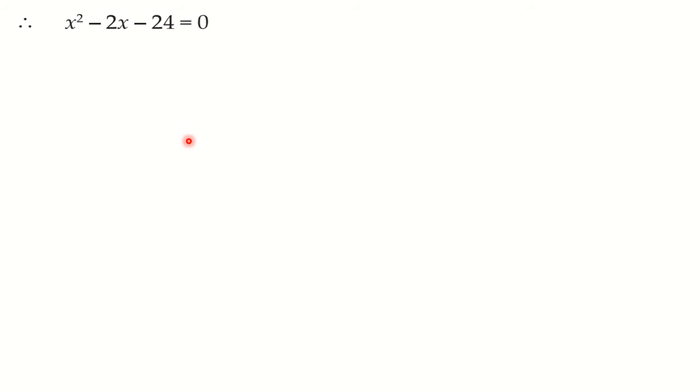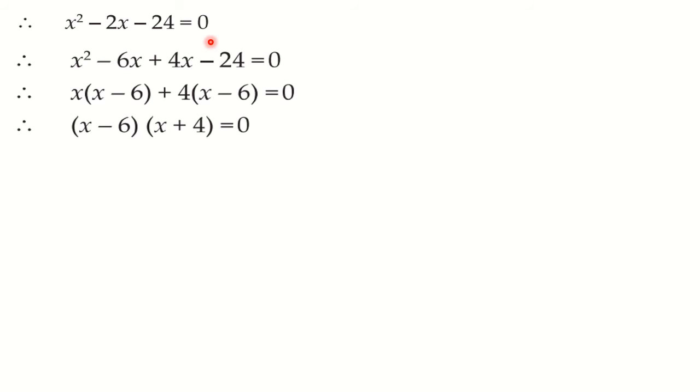Now the next step is to factorize this. See here, the last term is negative. That means we are going to think of subtraction. We need two numbers whose product is 24 and difference is 2. Also the bigger number is negative because the middle term is negative. So the numbers are minus 6 and plus 4. See, 6 fours are 24 and 6 minus 4 is 2. But as I have said, the bigger number has the negative sign. So minus 6 plus 4. So we will write it like this.